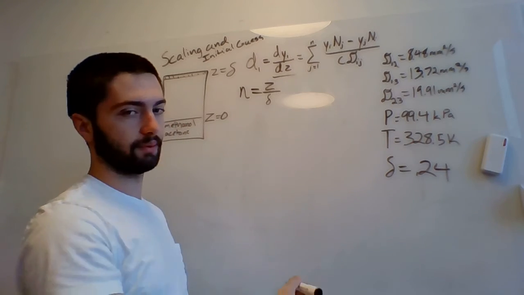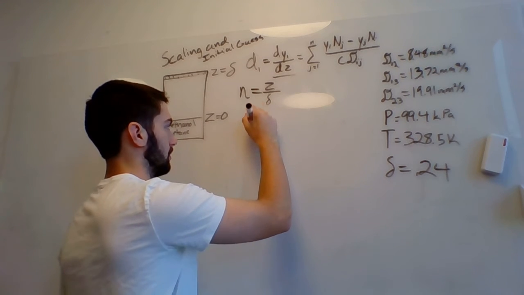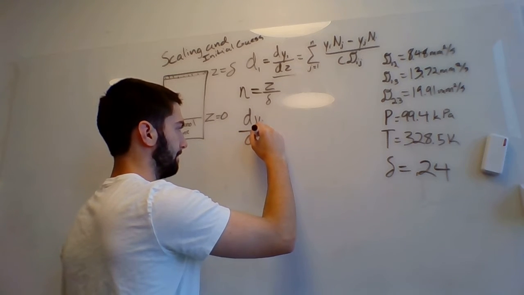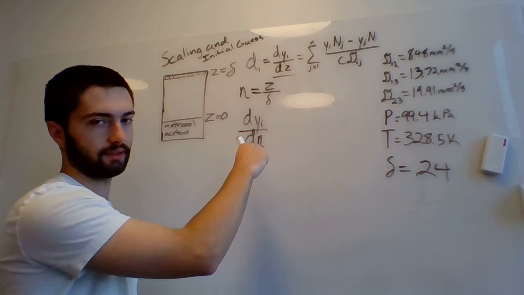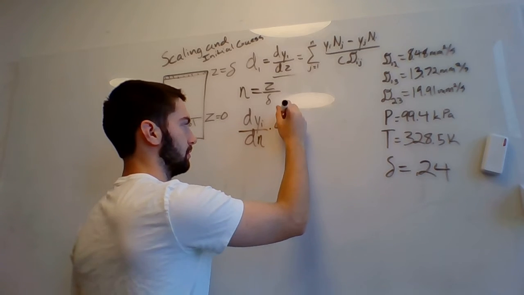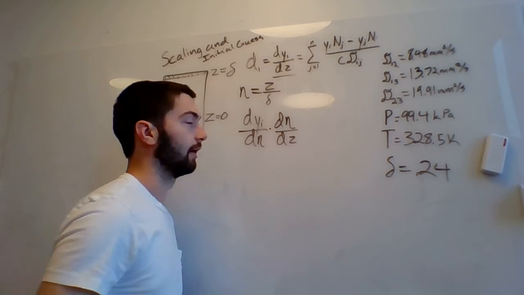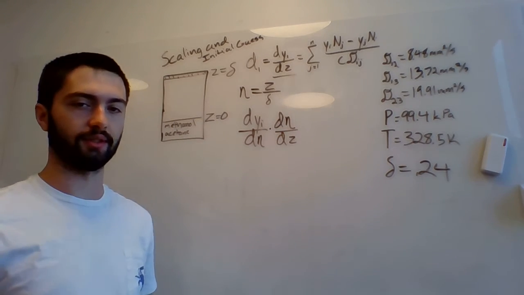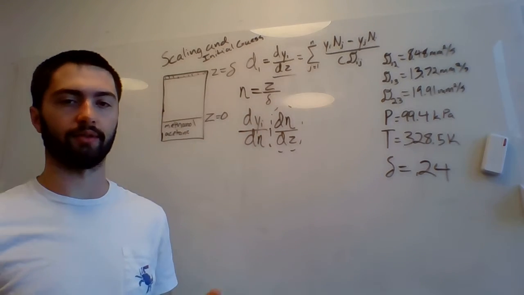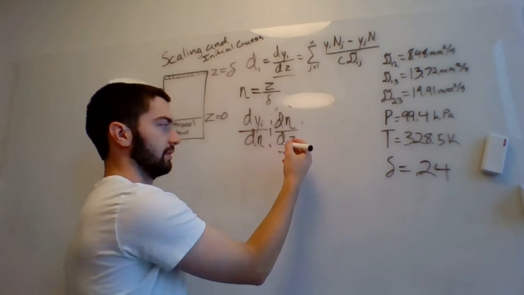Now using the chain rule, we can put eta into the left side of the driving force equation. This is the scaled version of the left side that we want alone. So this is our new left side of the equation using the chain rule. We see that we have the derivative of eta with respect to Z, and since we know eta is Z over delta, this is just equivalent